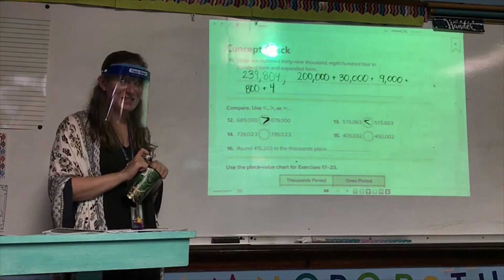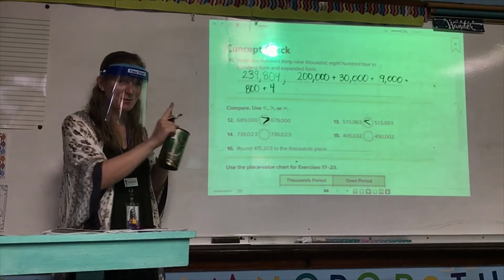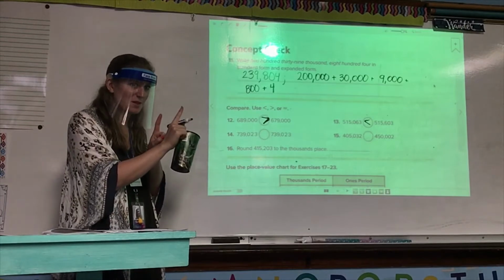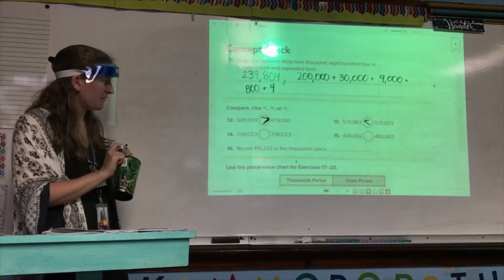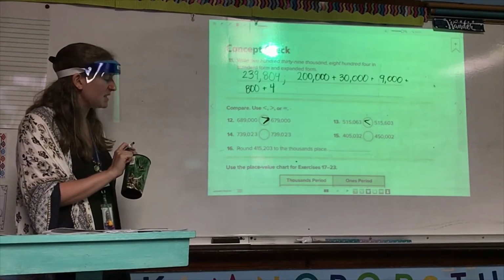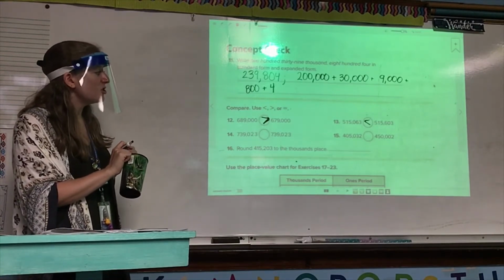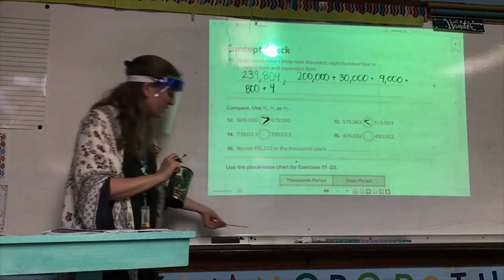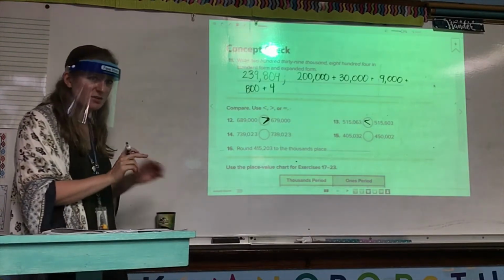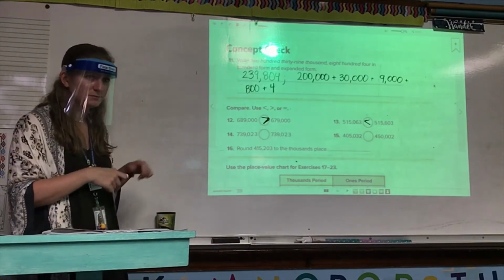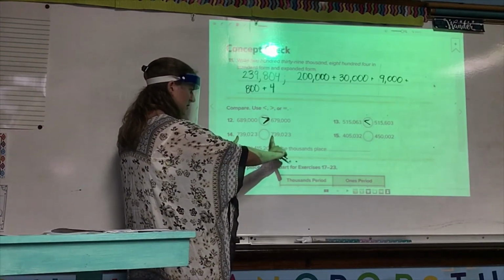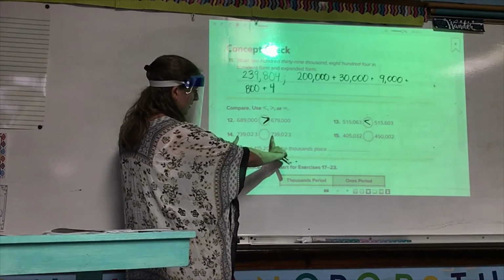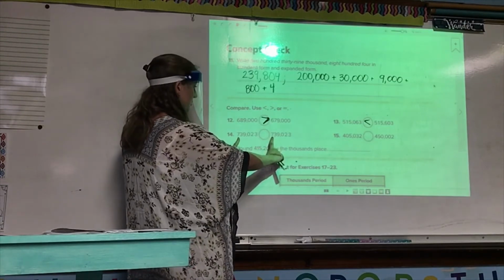So again, does everybody see how easy it is to compare two numbers when you use your fingers? Make sure you're using your fingers and paying close attention. Number 14, 739,023. Is it greater than, less than, or equal to 739,023? Colin, we're going to start with the greatest place value, which is what? 100,000. We have a what? 7. Can we compare them? No. So we move to the